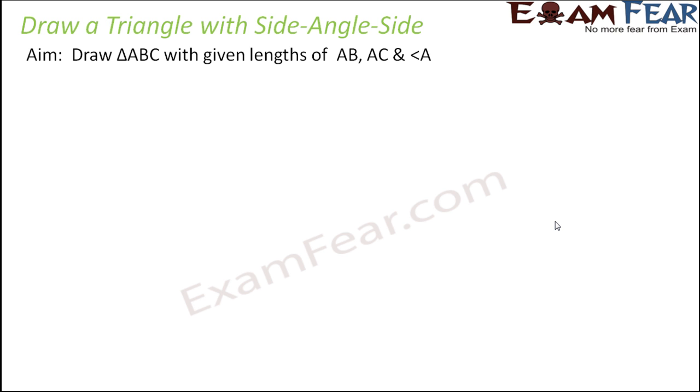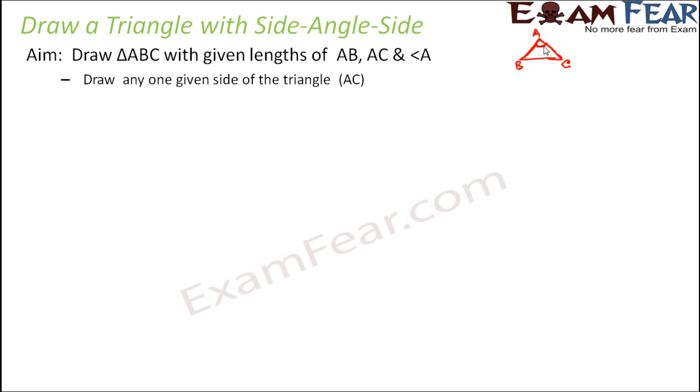Perfect. So again, let us have a rough sketch in mind. It is something like this. Let's say you have this triangle where this is A, B and C. You know the length of AB, you know the length of AC and you know the measurement of angle A. Angle A is the angle which is included between AB and AC. So you know AB, AC and the included angle.